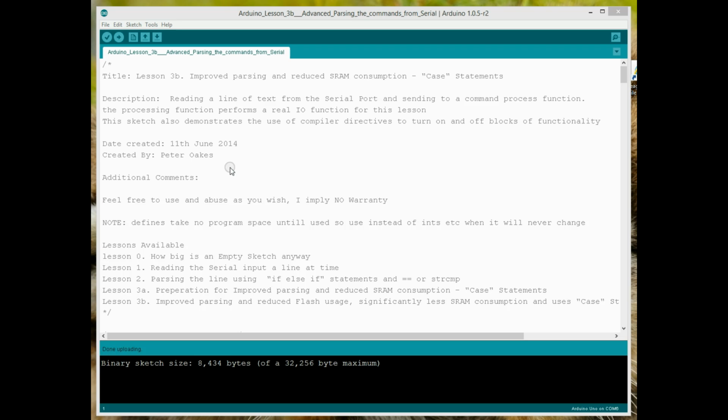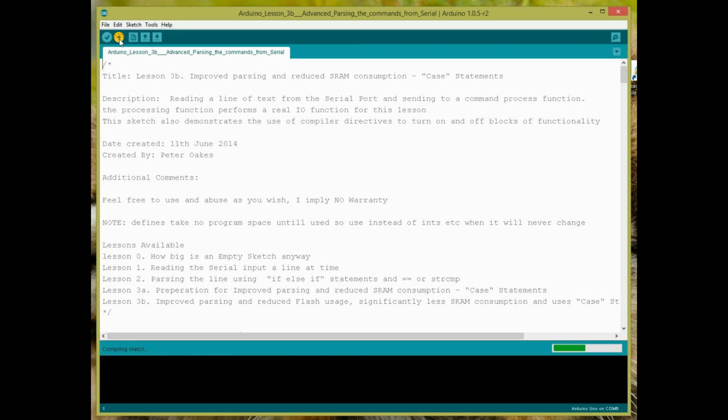Now I'm not going to show you what I've done inside here. If you've already loaded it from the blog post, fair enough, and have had a look at it, you'll see what the changes have been. But I'm just going to very quickly compile this so you can see how much memory has been saved already. The 3A sketch was 8,434 bytes. We're now down to 7,810. So we've saved over 600 bytes of program space, and yet we haven't lost any functionality,